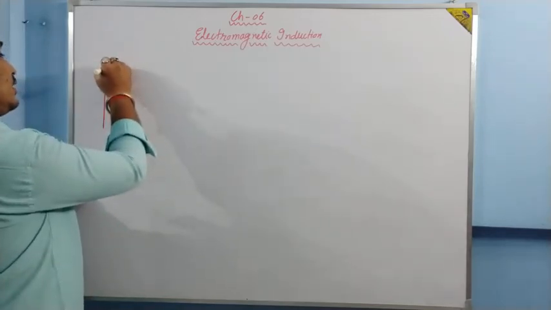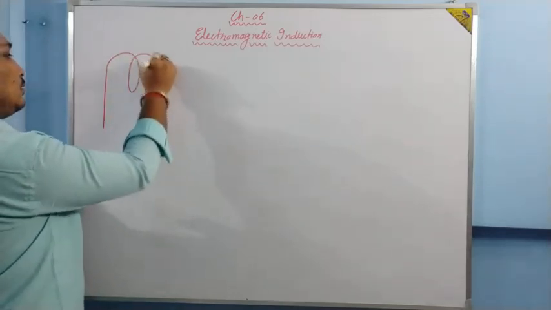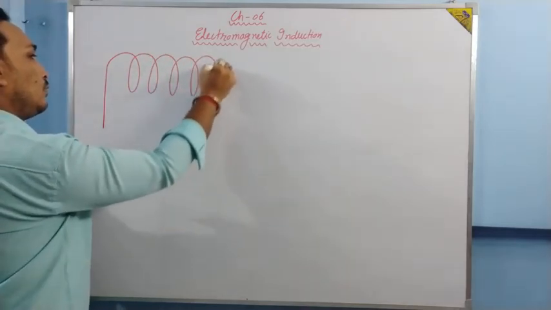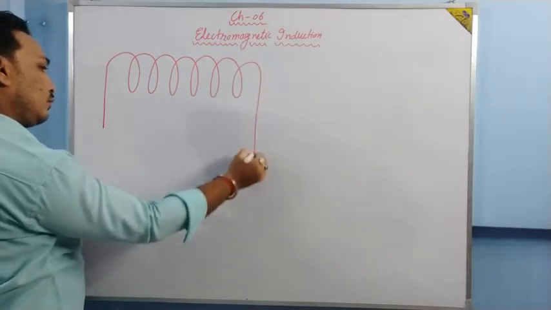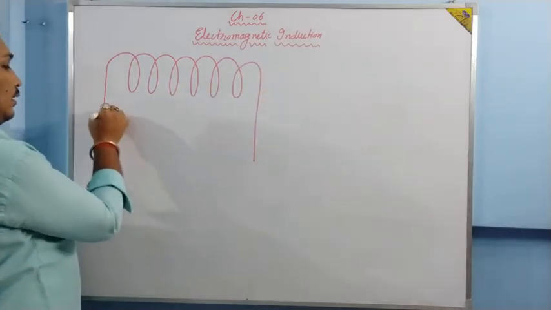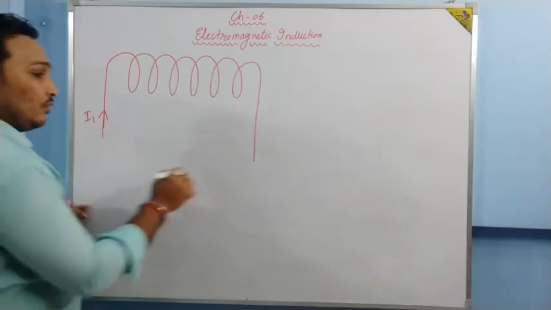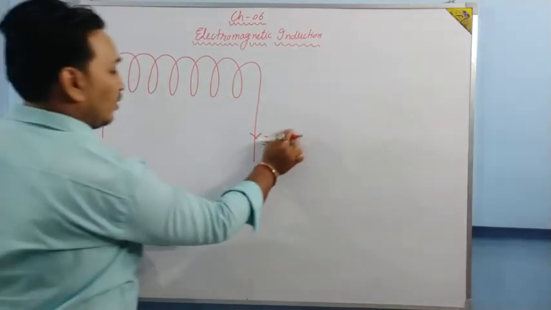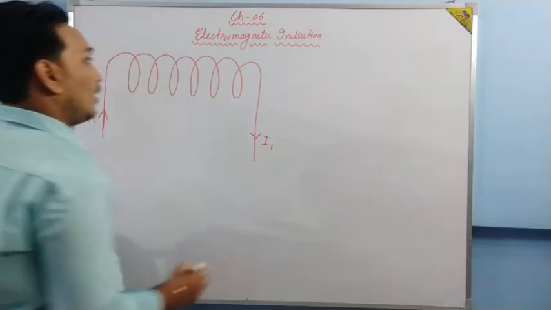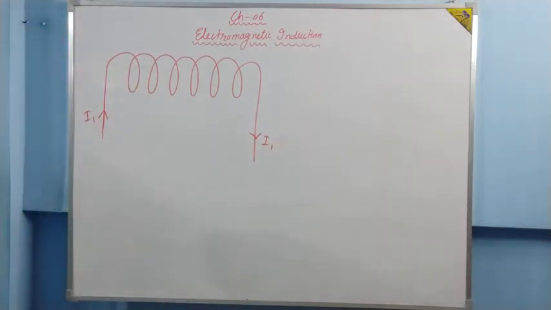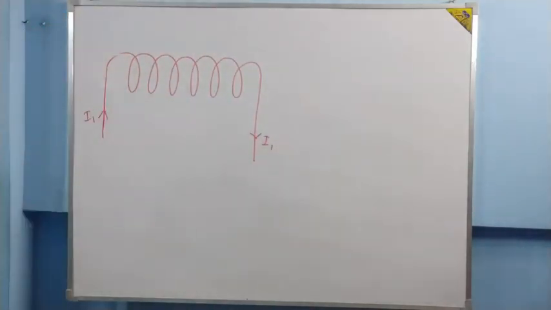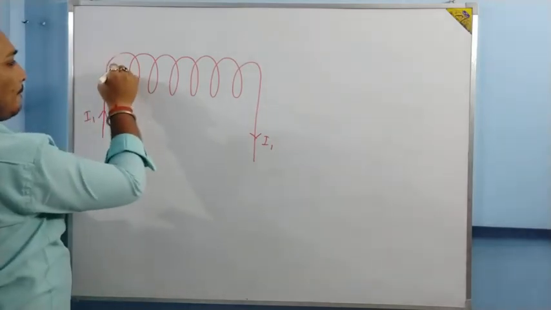One solenoid is this, let the current flowing through the solenoid be I1. And the other solenoid is there, which is of the same length, but